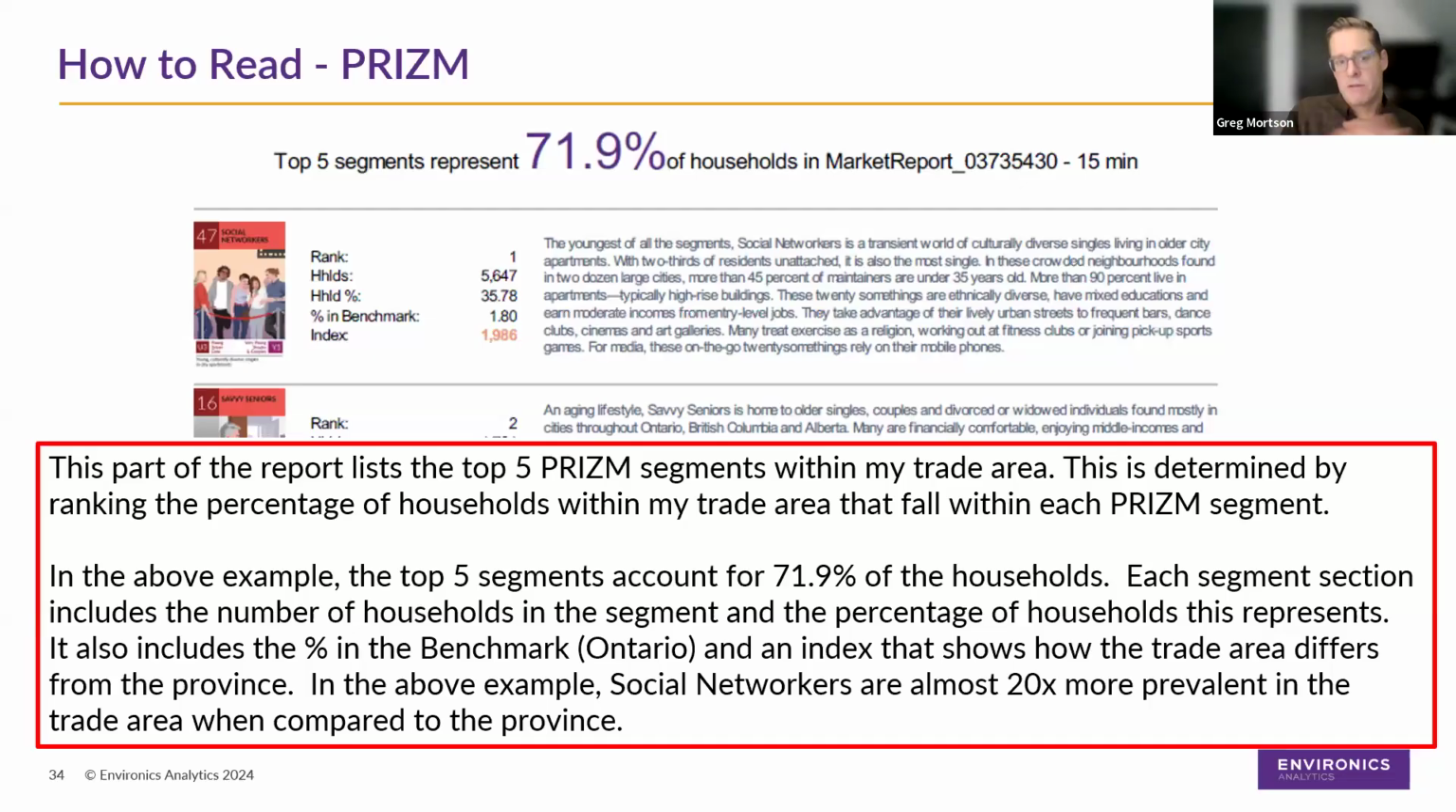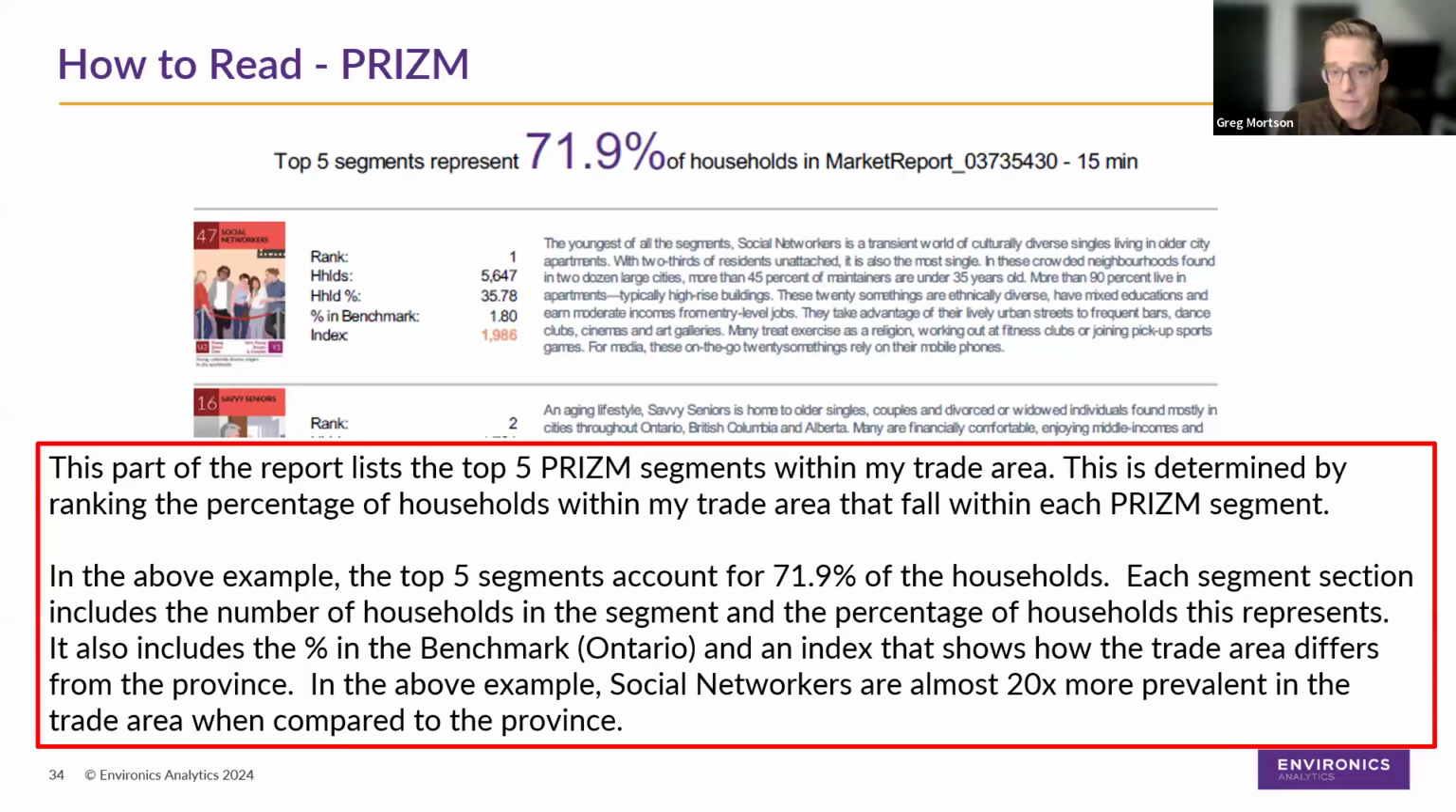So one page of your report will look at the top 5 segments that fall within your trade area. In the example we're looking at here, the top segment is something that we call social networkers, right? We do have a little bit of a description about them. They're the youngest of all the segments. They're in the transient world of culturally diverse singles living in older city apartments. You could say that they're mostly single, they live in crowded neighborhoods, they're in larger cities. So there's a lot of information you can get here, all the way down to